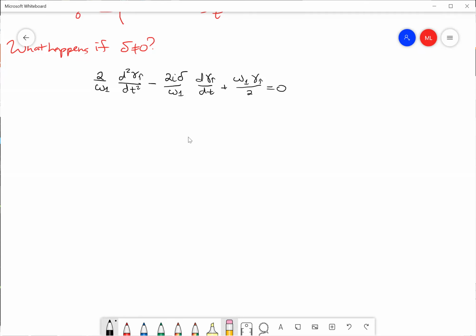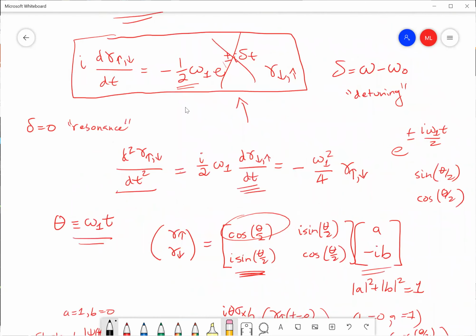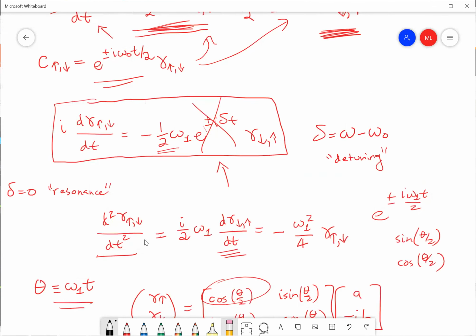So remember we got this equation, it just comes from taking another time derivative of this equation. And when we had resonance, this exponential term went away. But if it's still there, then there's an extra time dependence here. So when you take another derivative, you'll hit this exponential and it'll bring down a factor of plus or minus i delta. And if you only look at the up arrow guy,